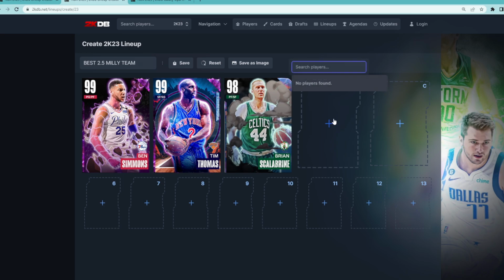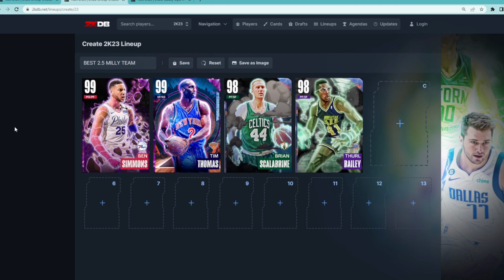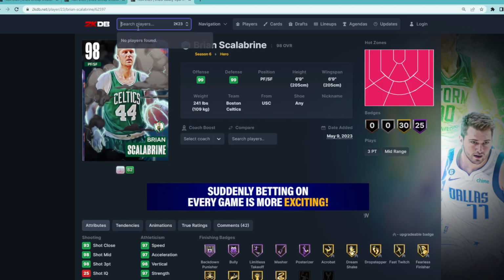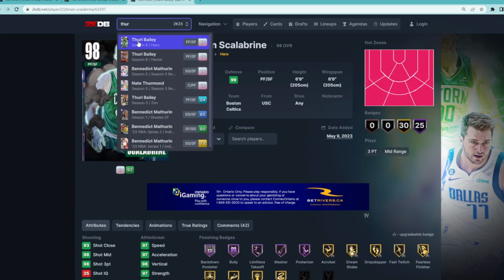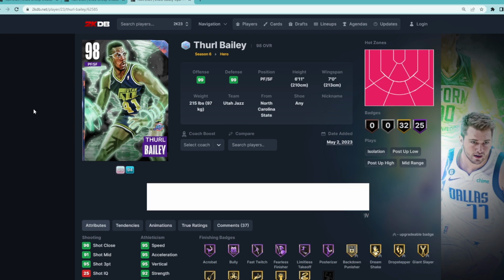For the starting power forward, you might think it's going to be Taco Fall, and I will talk about Taco here later in the video because he'll definitely be coming off the bench. But for our starting power forward position, I wanted to go with Thurl Bailey because besides Taco and obviously Manute Bol, who's a hero lock and he's like 10 million MT, Thurl Bailey is one of the better power forwards in the game because after Taco Fall, after Manute Bol, and we're not really counting Kristaps